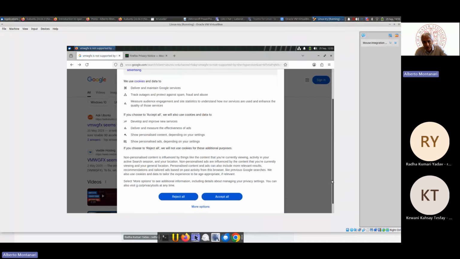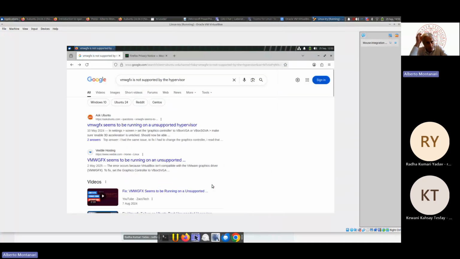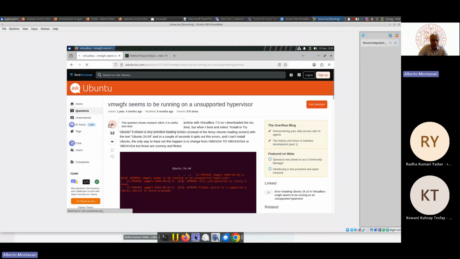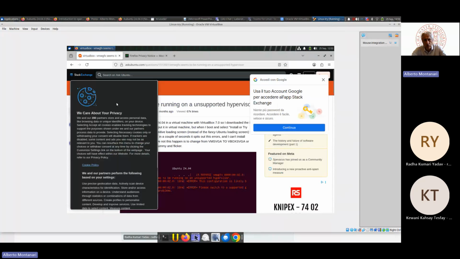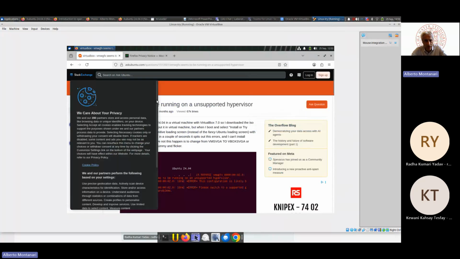So you see that it's already working. A supported hypervisor. Okay, this is okay in settings. So the solution to your problem seems to be, just one second, because you know, it's the first time that